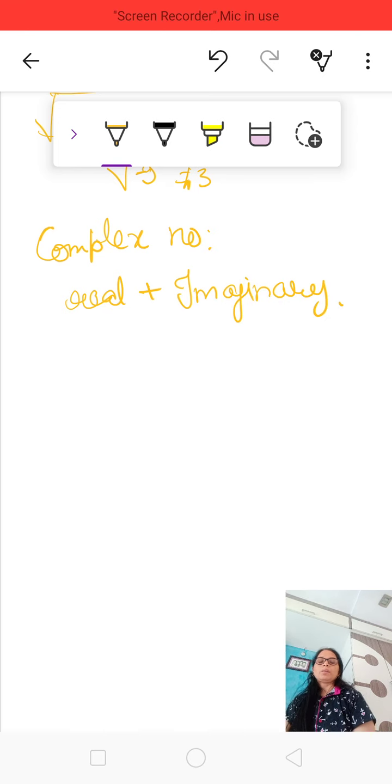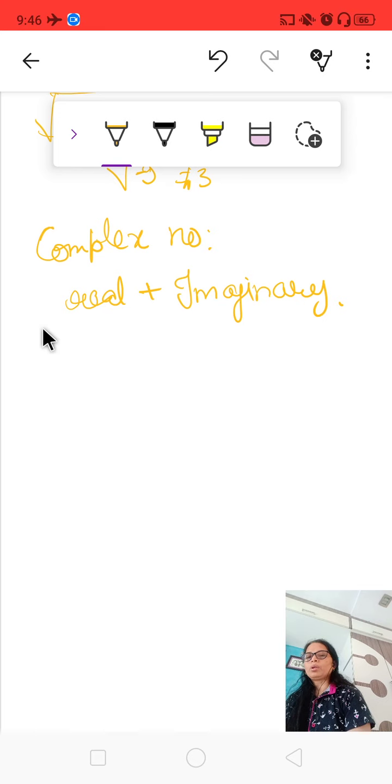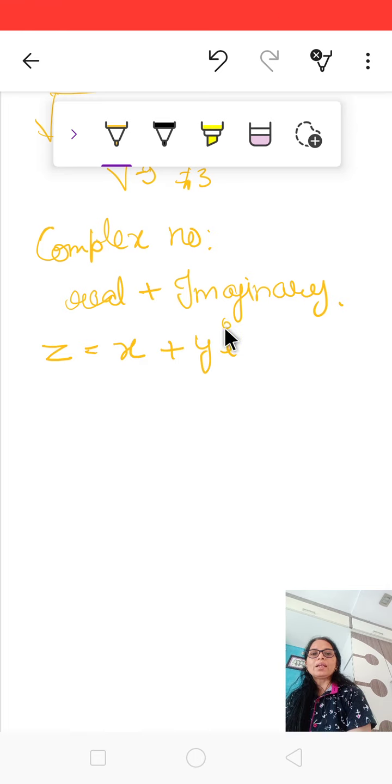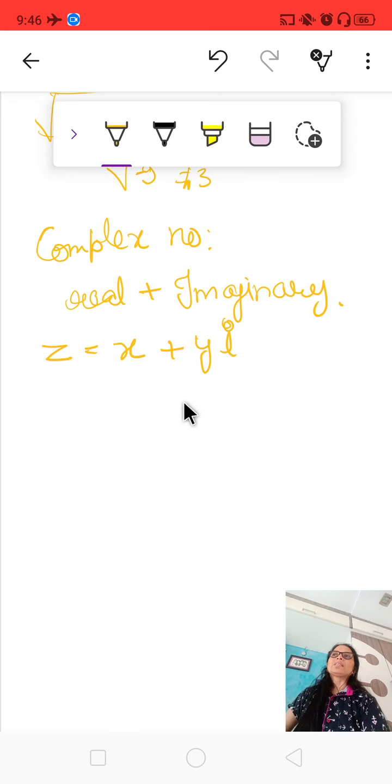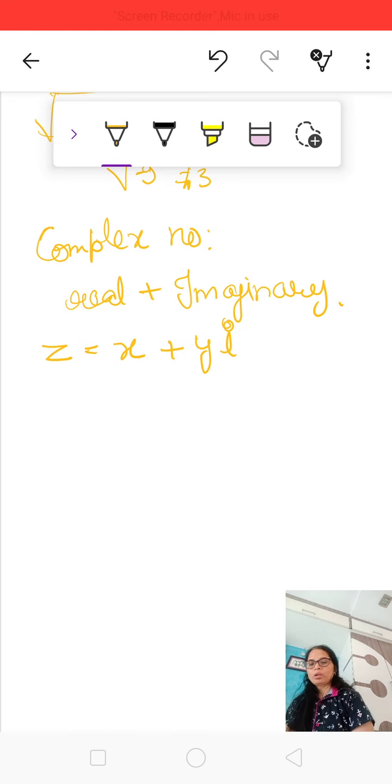ठीक है, अभी आप सोचोगे रियल और इमेजिनरी क्या है, तो यहाँ पे हम लोग कॉम्प्लेक्स नंबर को जनरली z से डिनोट करेंगे, रियल पार्ट को x से डिनोट करते हैं और इमेजिनरी पार्ट को y, i, और i लगा देते हैं तो i से हमें डिनोट होता है कि ये इमेजिनरी है. एक्चुअली इमेजिनरी के लिए we have i जो साइन है वो आयोटा बोलते हैं. फॉर एग्जांपल देखो, अभी हम लोग दिखाते हैं.